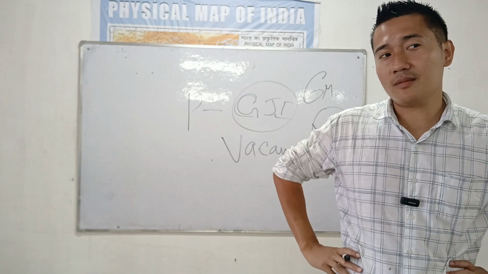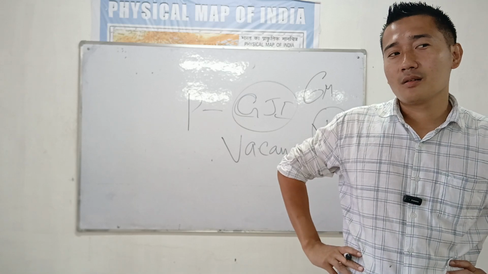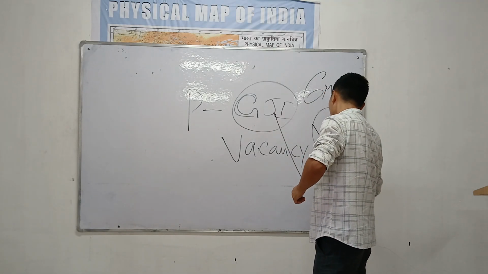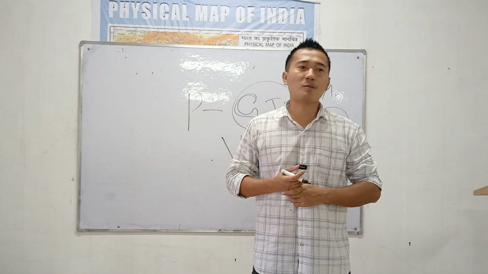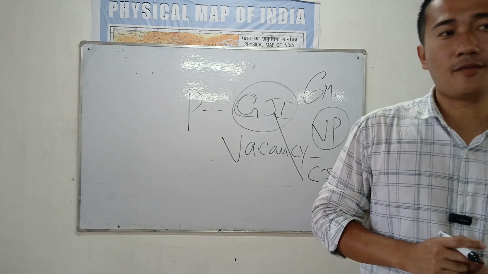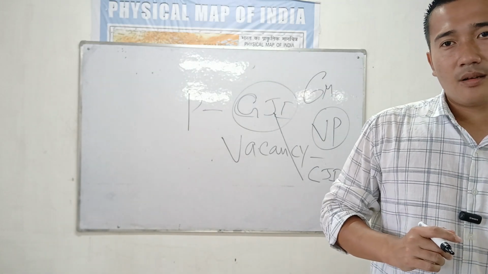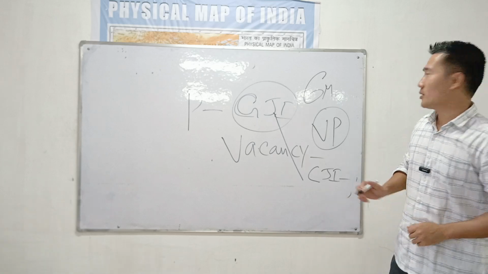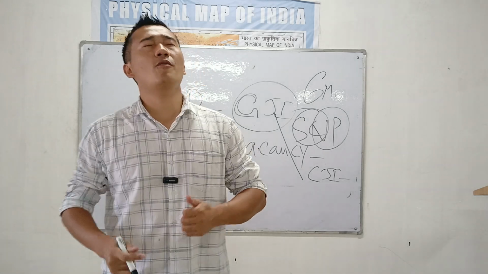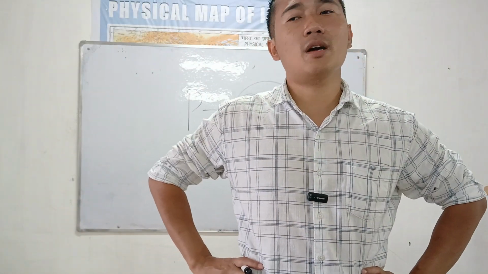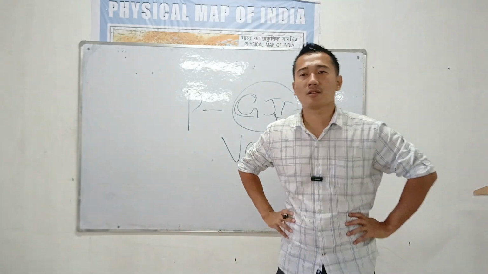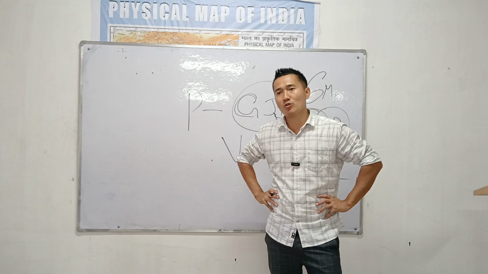If the vice president is absent, who will do it? Number 3 is the Chief Justice of India. If the president dies, the vice president can become the president for 6 months. But if he's not there, the Chief Justice of India. If he's not there, the senior most judge of the Supreme Court. This is too important. The chronology is too important. If the Chief Justice of India is also not there, the senior most judge of the Supreme Court will become the president for the time being, for just 6 months. After that, election is going to be held.